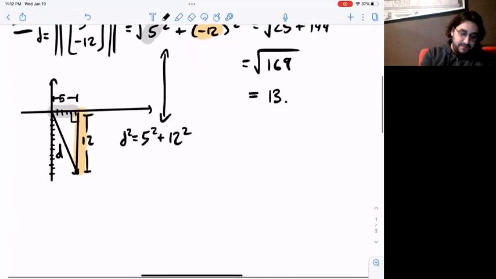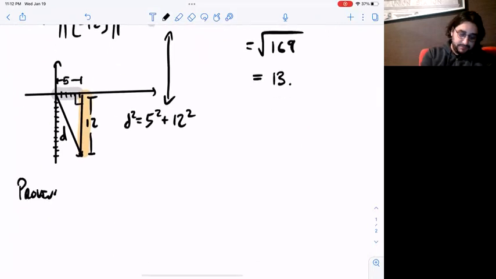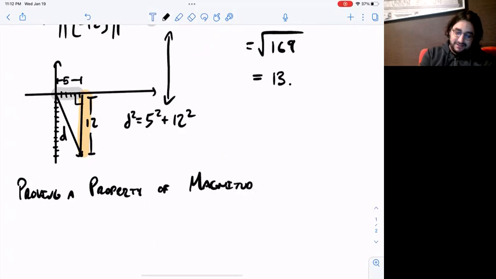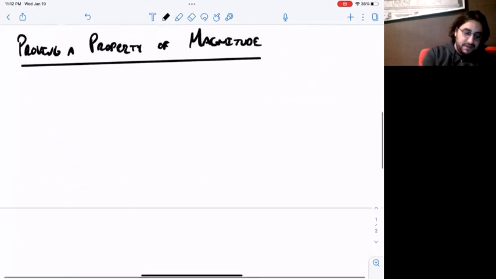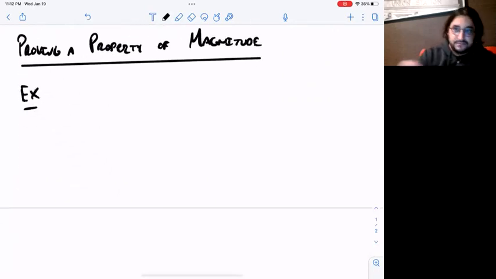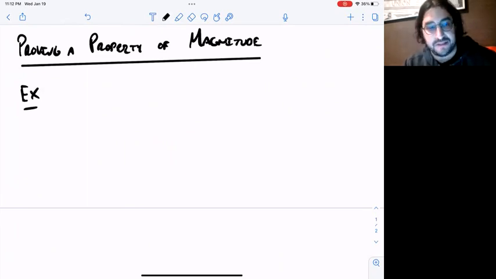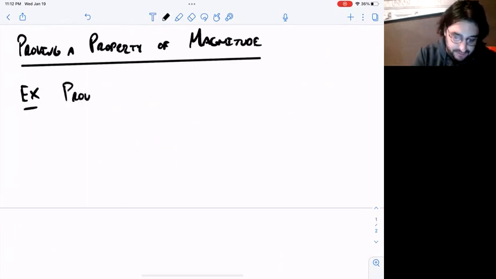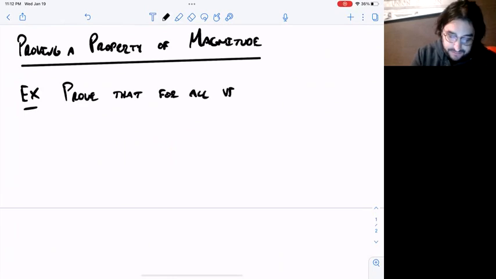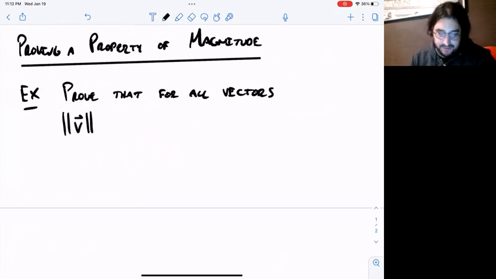I want to look at proving a property of magnitude. Let's do that as an example. So for example, let's look at this. Prove that for all vectors v,